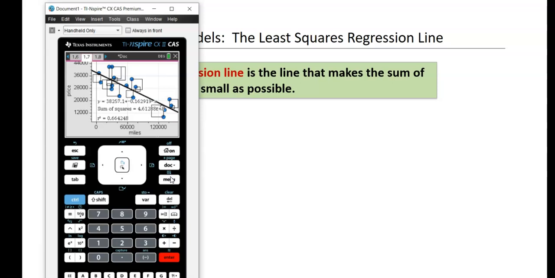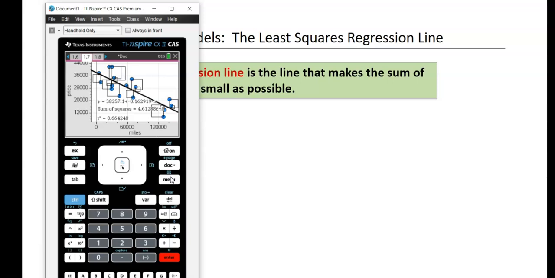Oh, it's kind of interesting. So what that is, the vertical part of one side of each square is actually the residual. But they made a square out of each residual. So if it's a long residual, it's a pretty big square. If it's a shorter residual, it's a very small square. They made squares out of all of those. If you sum up the area of all those squares,